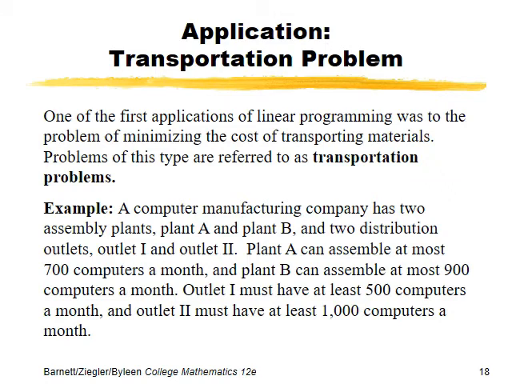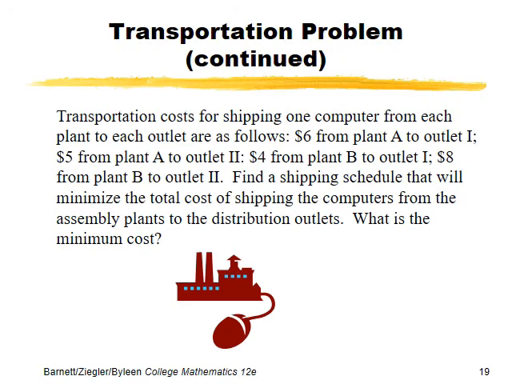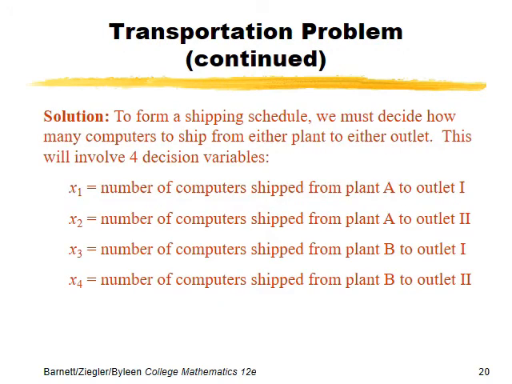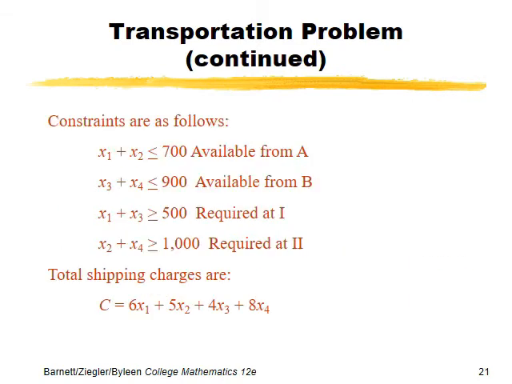Here we refer to a transportation problem. A computer manufacturing company has two assembly plants, plant A and plant B, and two distribution outlets, 1 and 2. So if we formulate this problem with all these constraints, it will turn out to be this, you can just go through it, and that would be your problem. So you can see that now some constraints are in less than form, some are in greater than form, and this is our cost function. First of all, what we will do, we will convert it into a minimization problem by writing